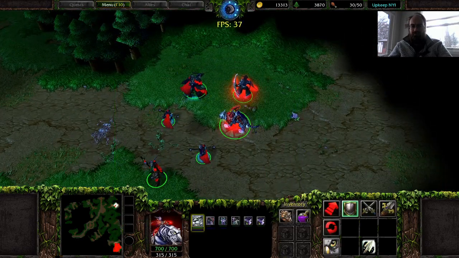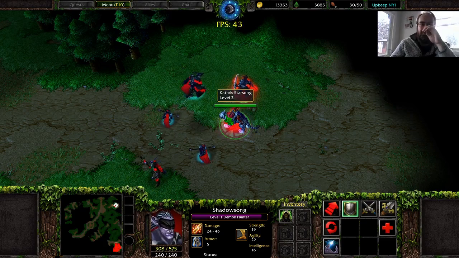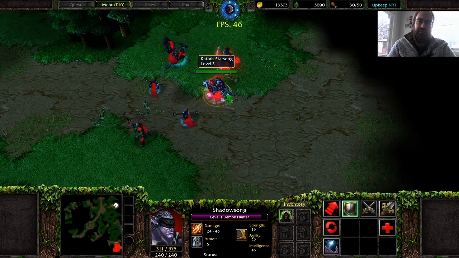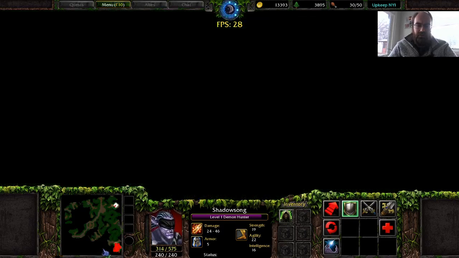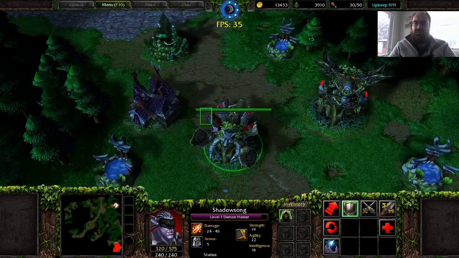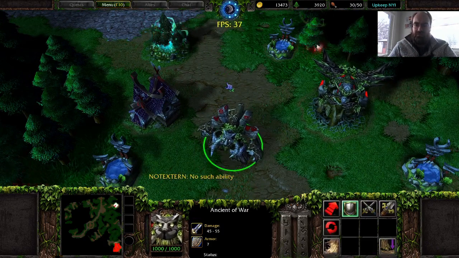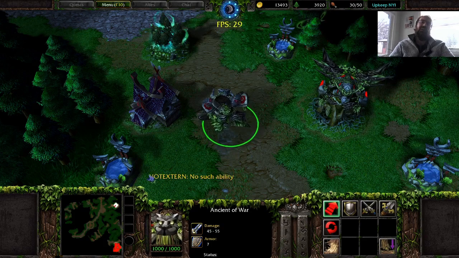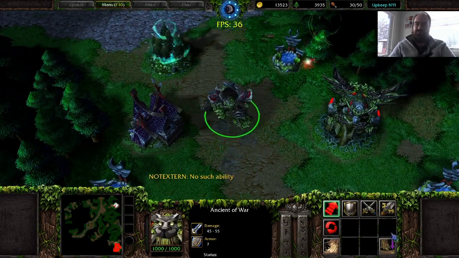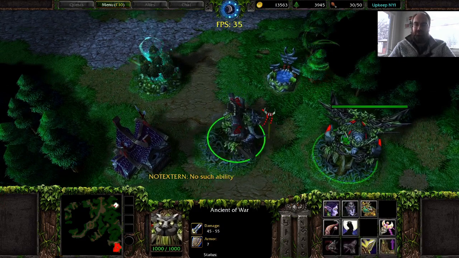there's an interesting blend of, you know, someone might have seen a video of me playing Night Elves on Warsmash, like last year or something. And there were some times where I was getting close to where the Night Elf texture was playable. We have things like root and that sort of thing. That I think is probably still using the hard-coded root. Yeah, my hard-coded root says no, not extern, no such ability if you right-click while uprooting, because of some weird quirks in the engine and that sort of thing.